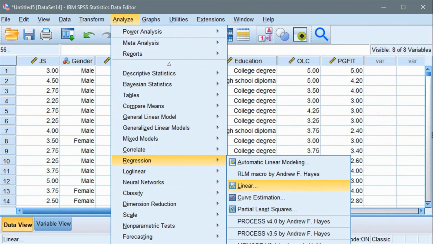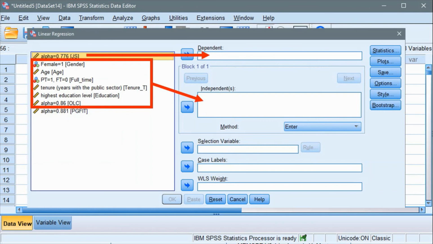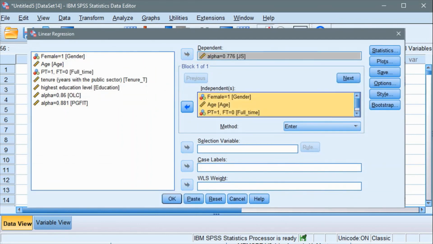We go to regression, as we did before, and go to linear regression. Now move our job satisfaction to dependent and move all of our independent variables except for the last variable, PG-fit, in step 1 or block 1. It's the same thing. Now click the next button